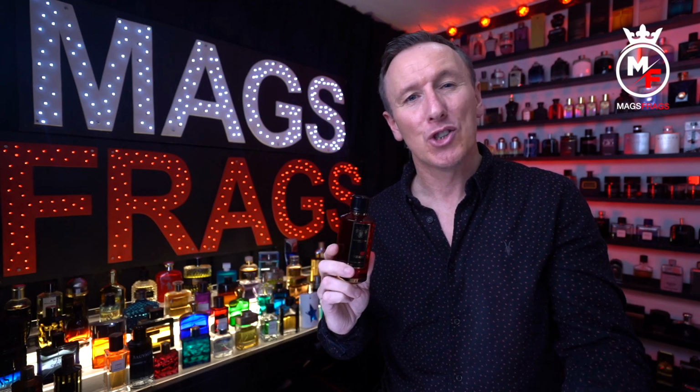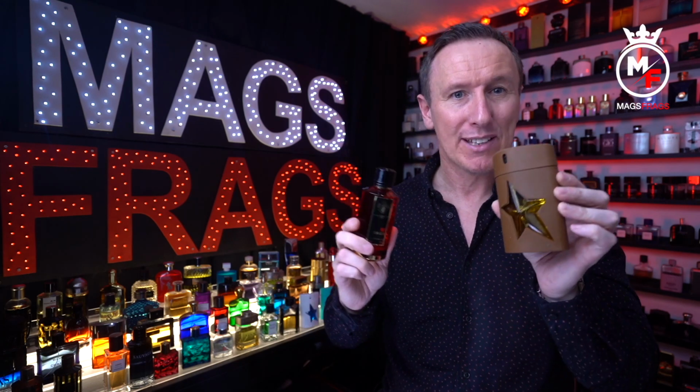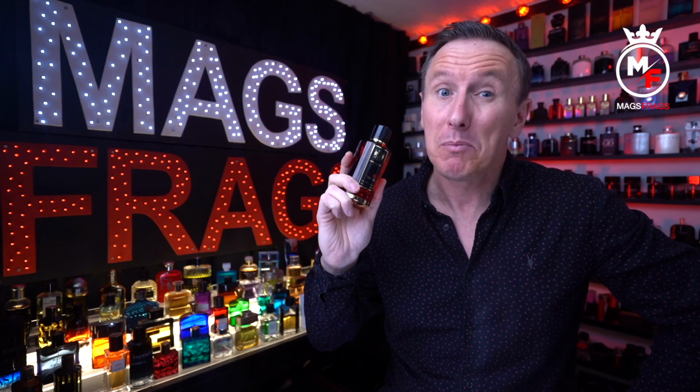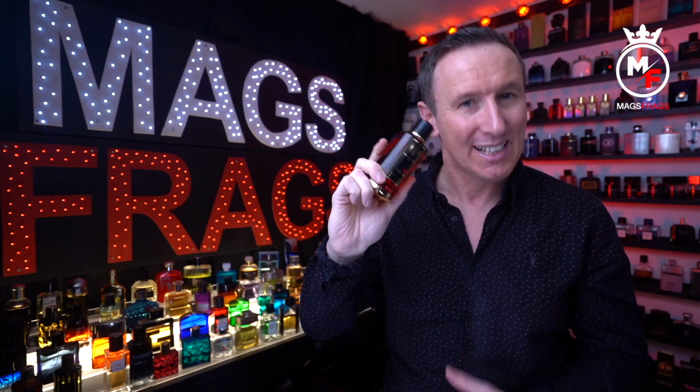It's like a more luxurious version of Mugler's Pure Havana, and you get that cherry tobacco type aroma, but without the honey, so you don't get that kind of gooey sweetness that you get in this one. This one also gets compared to Carlisle by Parfums de Marly, and I can definitely confirm that they do smell very similar, but this one projects better and it's half the price, so I'll leave that one up to you